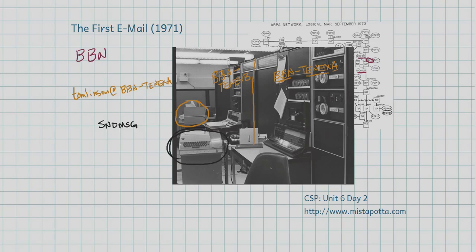Here's the other terminal where he would receive it. But then he also modified the code to an existing program called CPYNET, CopyNet. Electronic mail on a particular system was prevalent throughout the late 60s. It was the notion of sending electronic mail across from one computer to another that was the novel part.